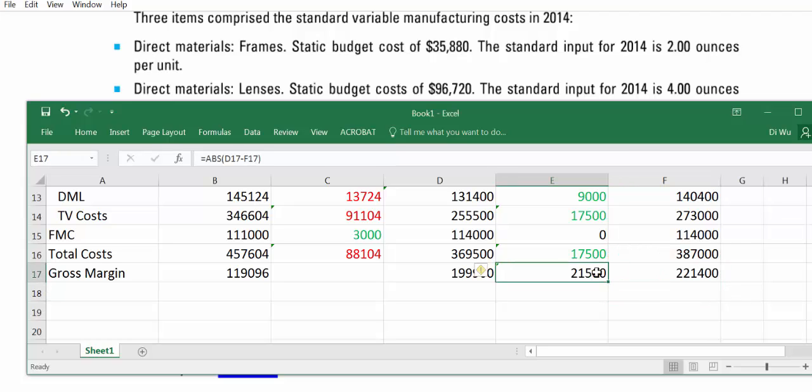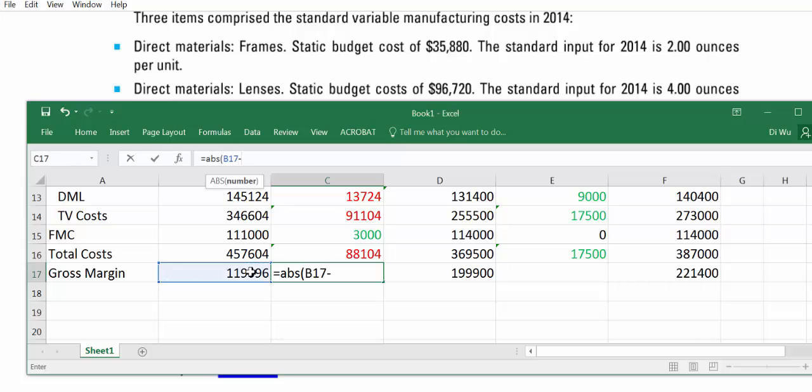Oh, sorry, I don't need this one. I don't know why it's coming out. So you have 119,096 and 199,900 and 221,400. Perfect. Similarly, we're going to find the difference between these numbers so that we can understand